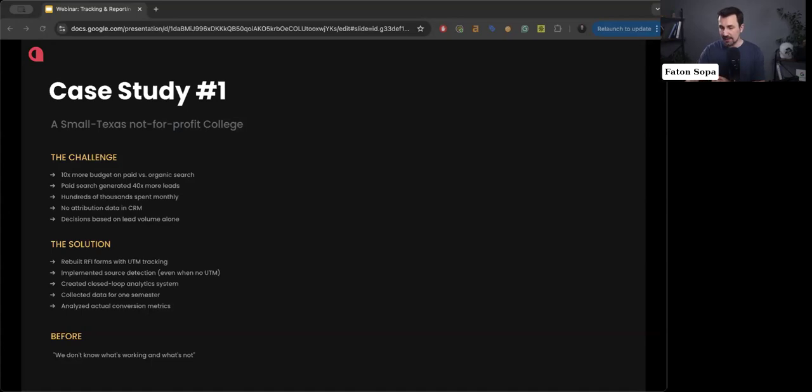What we did basically is that we had to rebuild their RFI forms completely. We implemented the tracking, getting the information from UTM URLs. One really important change that we made here, and I've seen this happening a lot, is that it is very easy to track the source when you have the UTM in the URL.